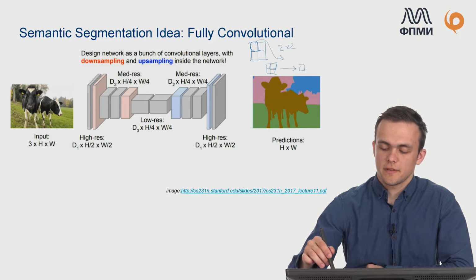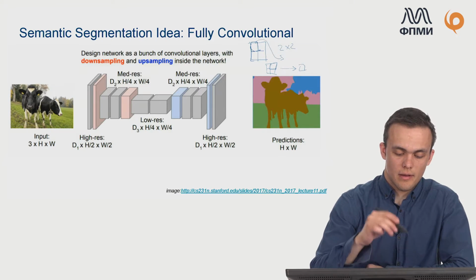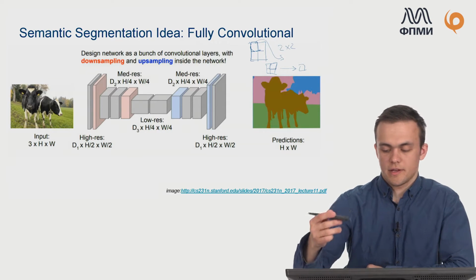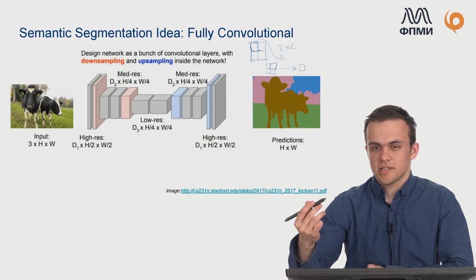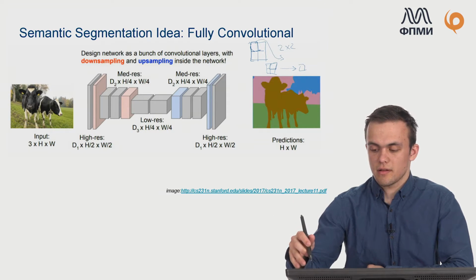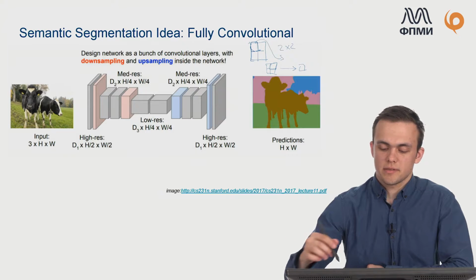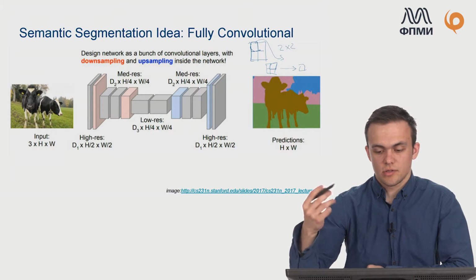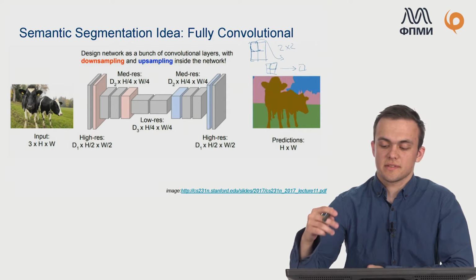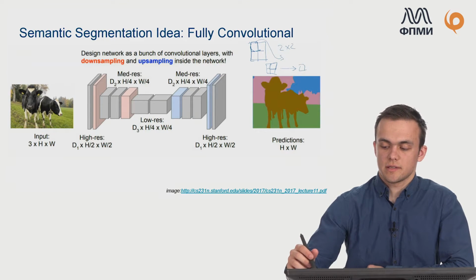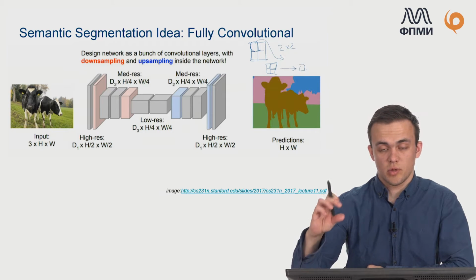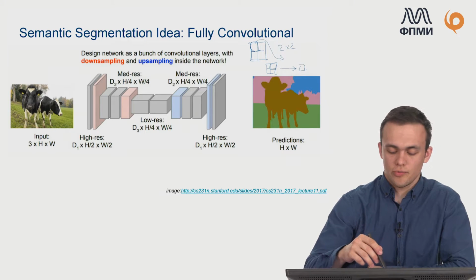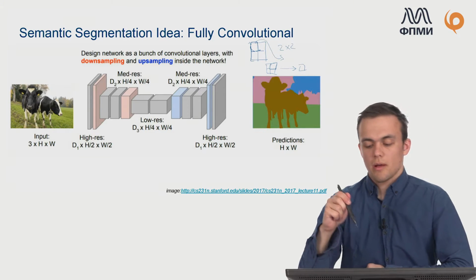And you apply this filter to every 4 pixels that are adjacent to each other, almost the same as in convolutions. But when you apply the max pooling layer, for example, with this configuration, you obtain a 4 times smaller image. It's 2 times smaller width and 2 times smaller height. So you can try to downsample this image, but